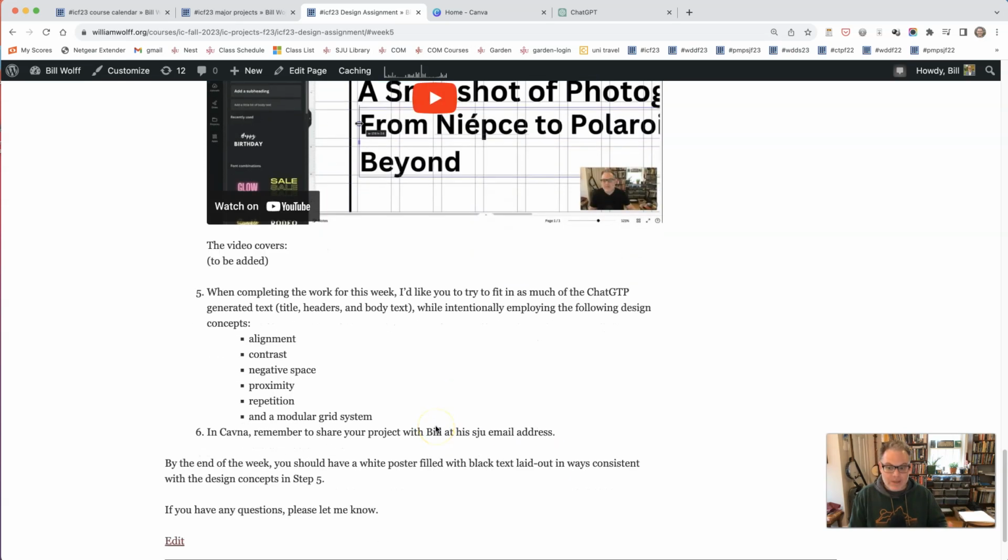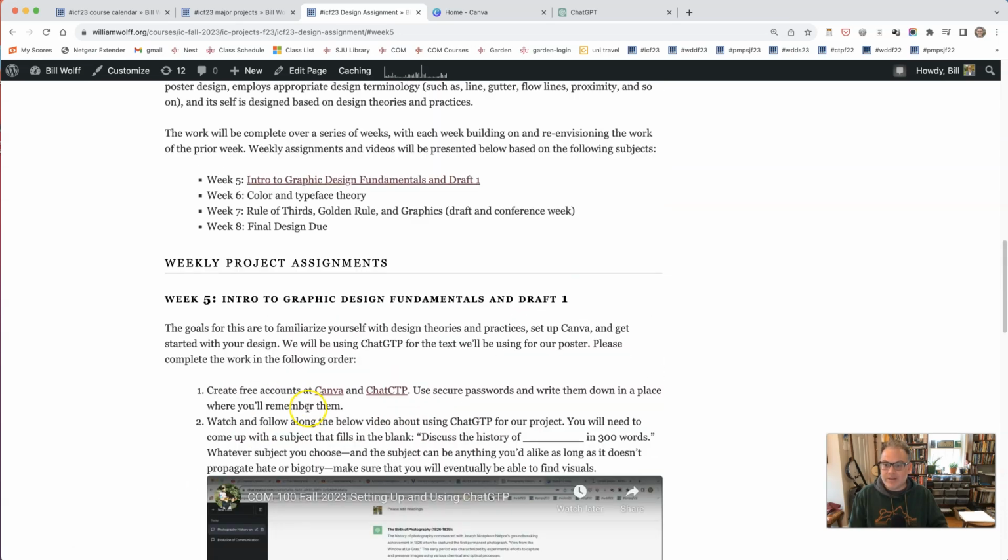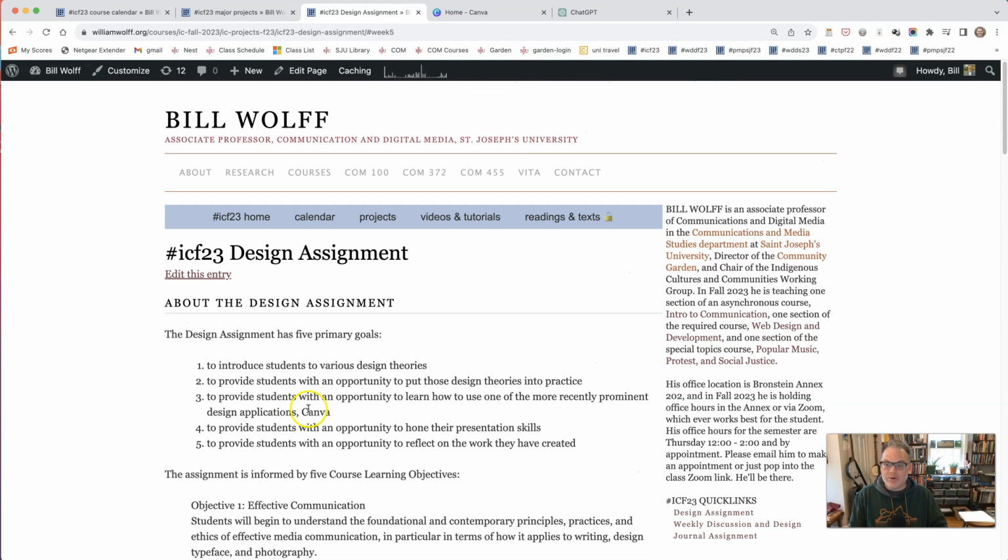So by the end of the week, by next Friday, you should have a white poster filled with black text laid out in ways consistent with the design concepts here in step 5. We are going to be learning about typeface and color in future weeks, so please don't start changing the defaults now. Just focus on these concepts right here. We'll be getting to those other concepts at a later time. Okay. So that's the beginning of the poster assignment, the design assignment, and I'm really looking forward to seeing what